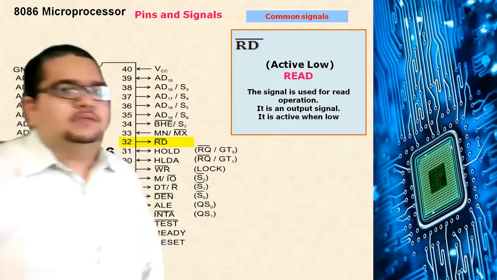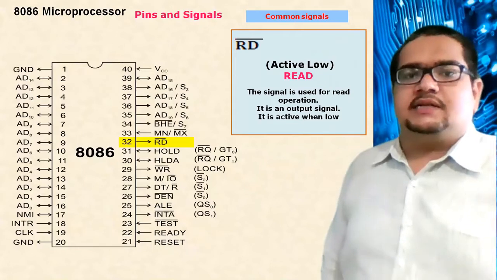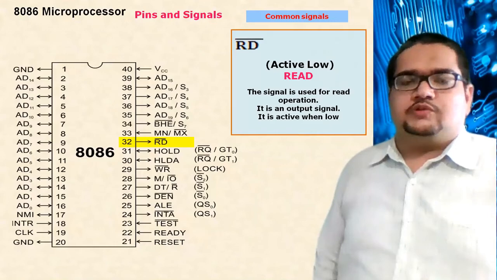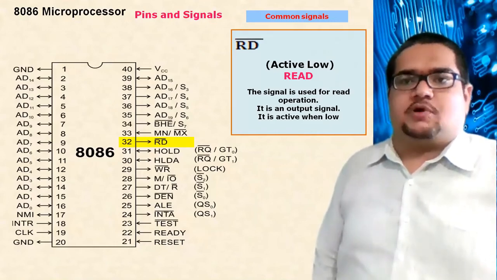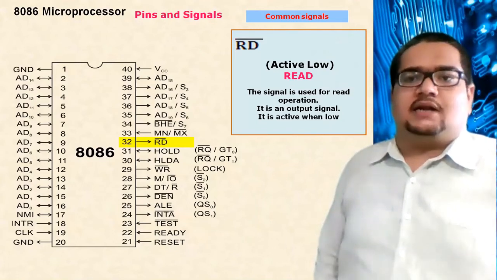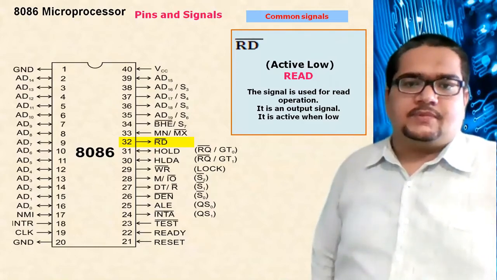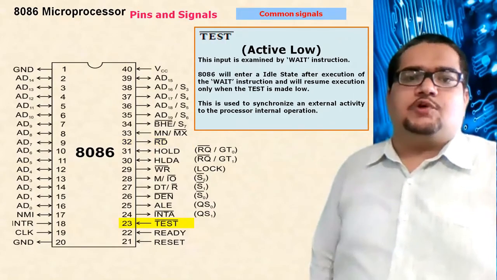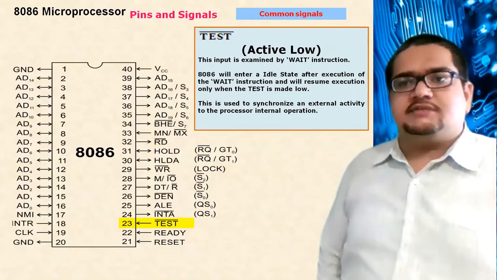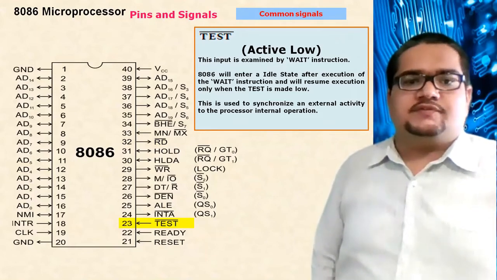Next, we have discussed this pin, the read indicator. As this pin is an output, it shows whether the processor is reading or not. This pin is made low by the processor itself to tell the other peripherals that the processor is currently reading data from the memory or the input devices. After this, pins 24 to 31 are mode specific pins, about which we will be talking today. But let us complete the other common mode signals which we have seen earlier.